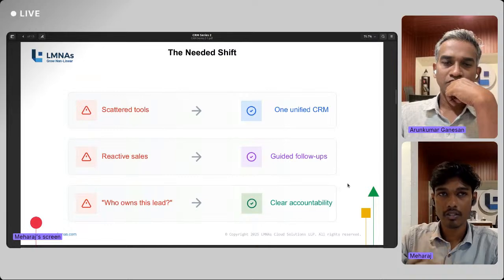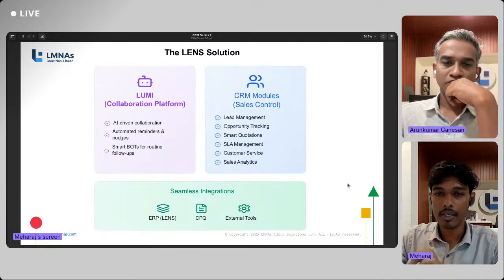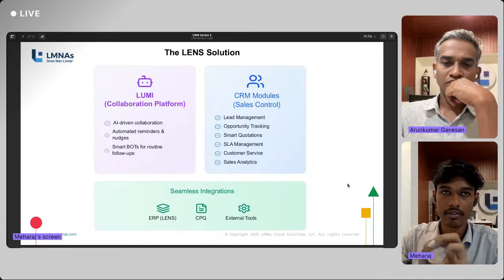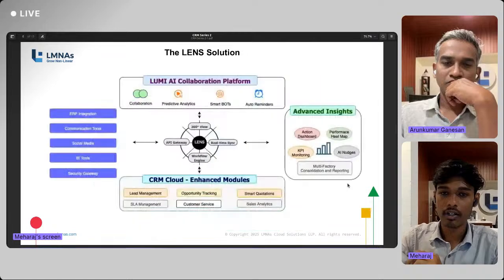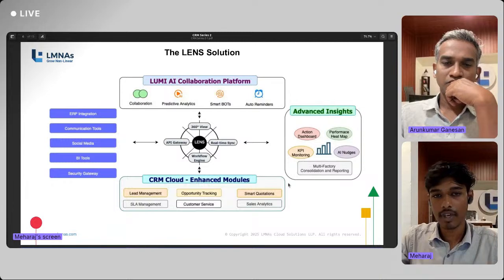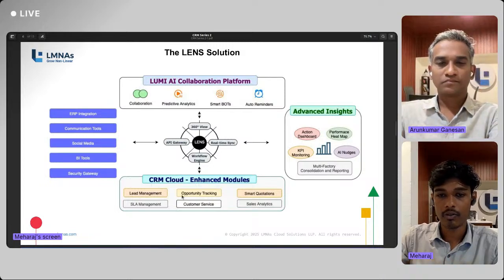Coming to the shift, the transformer market sales team needs to adopt a platform, and a platform should really be more than just a tool. So we introduced LMNAs, which is really a platform that is more than just a tool. The LMNAs tool has four modules, and in the last session we had time to discuss three of them. We have discussed a lot, and once again we will share the quick recap of that session in the chat box. Please feel free to find it there.